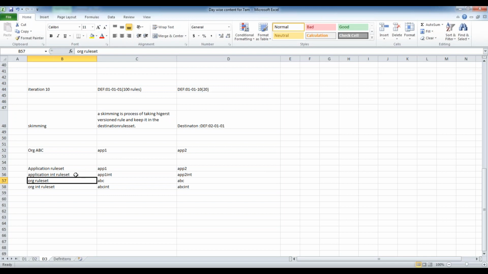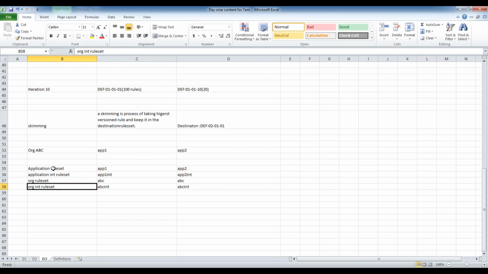So as a developer, you need to make sure, because the system won't stop you. You can store any rule in any place, but during development, while saving the rule, you need to think about where to save it. Am I creating a generic rule, or am I creating an integration rule? If you're creating any integration points or integration related stuff, you need to save them into the integration rule set, if that is specific to the application. If you're creating any integration points at the organization level, which are applicable for the entire organization, you can store them in the organization integration rule set.